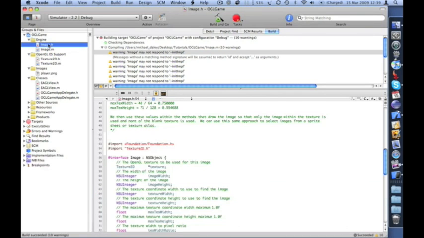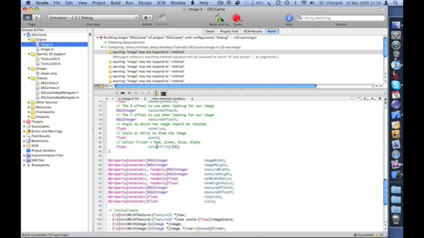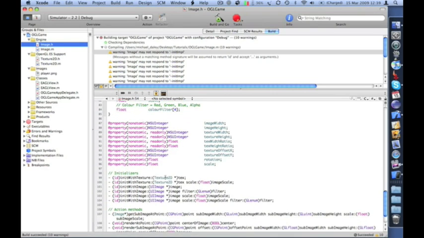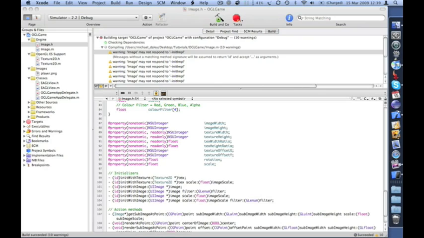So if I flick back to the header and scroll down, you see we didn't define that inside our header, and that's because it's private. It's something that we don't want to expose externally. So what that means is that we actually want to create that implementation, or that header if you like, internally inside our class. So what we can do is if we